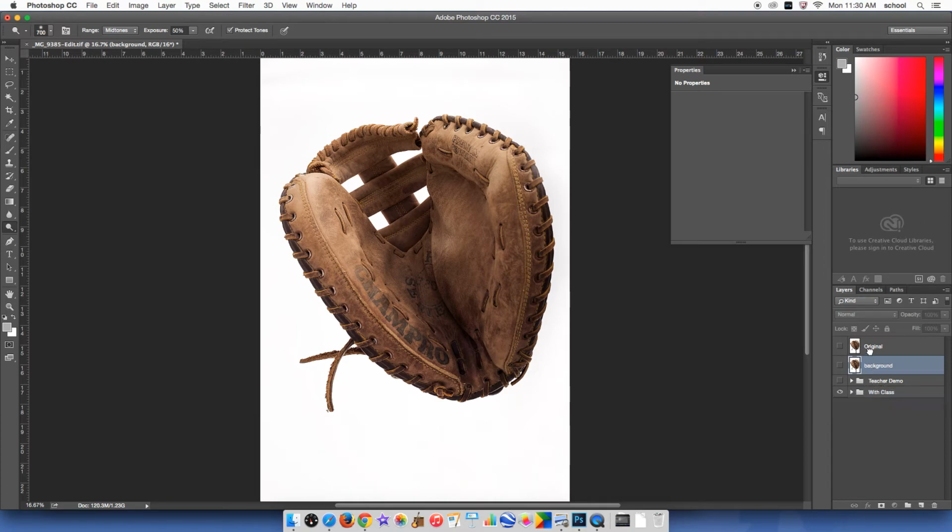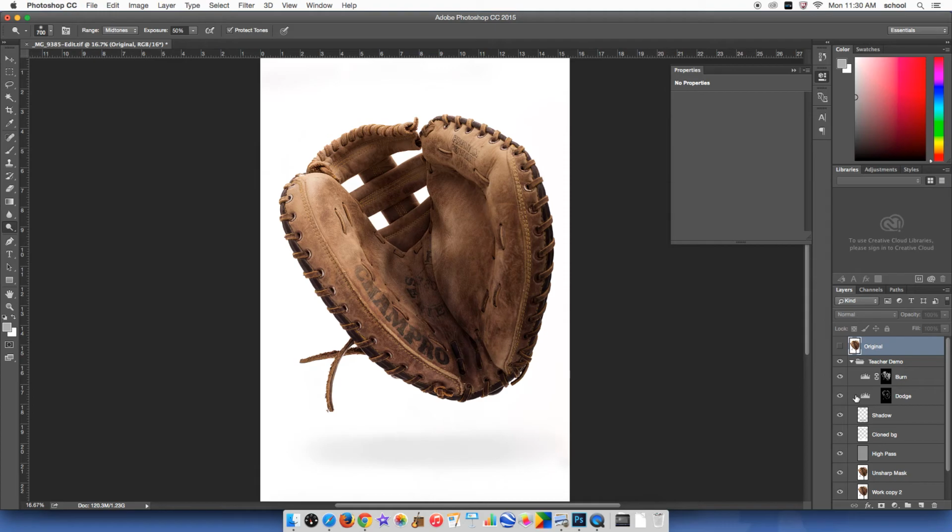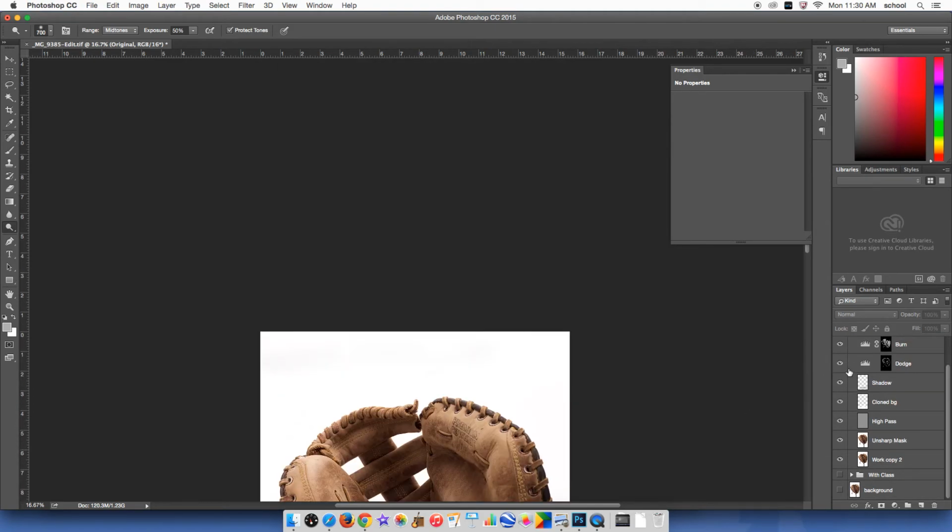I already did it earlier and I named it original so I can understand what I'm doing. If I look back at this, this is the original image that I started with. This is my class one that I just did with you guys. But then here's my finished version with all of my different layers on it. The only other thing I did that we can do together